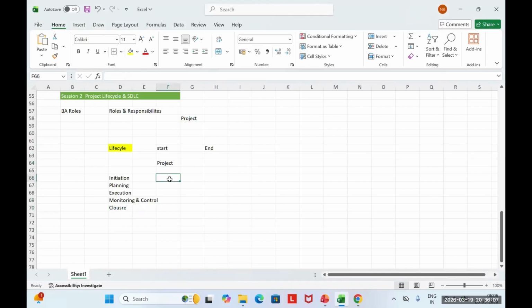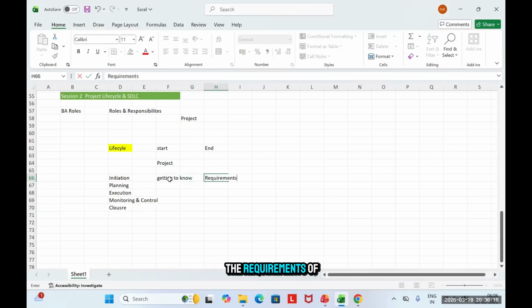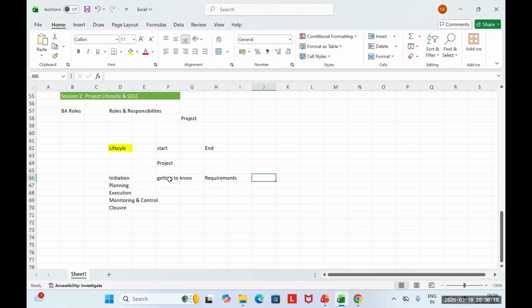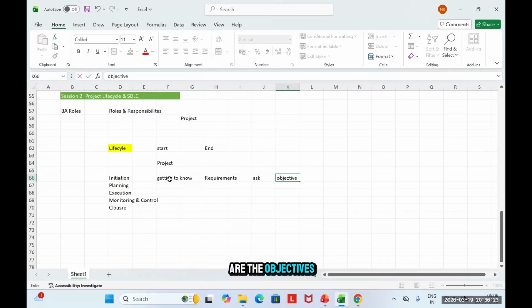Initiation is the phase where you start getting to know about the project. What are the requirements of the project? What is the ask and what are the objectives? What do we want to cover in this project? What is this project all about?